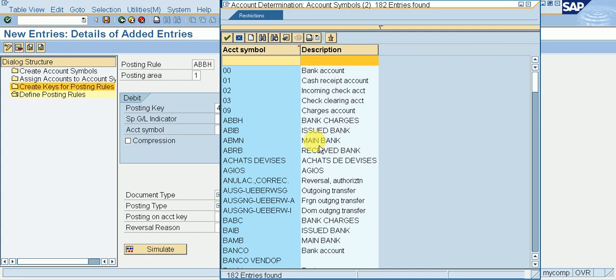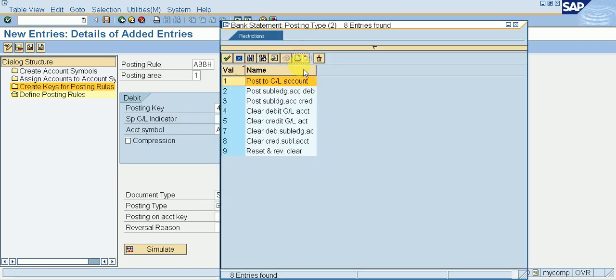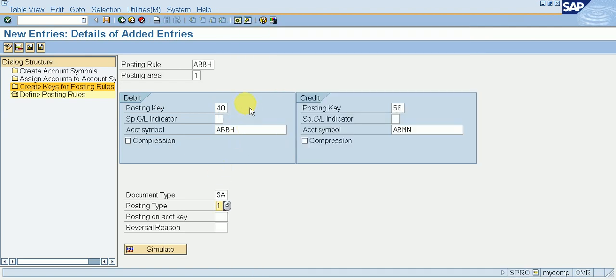Sorry, I am giving here bank charges, 50 and giving here main bank. Document type SA and posting type is post to GL account. So bank charges goes to GL account. Then save it.